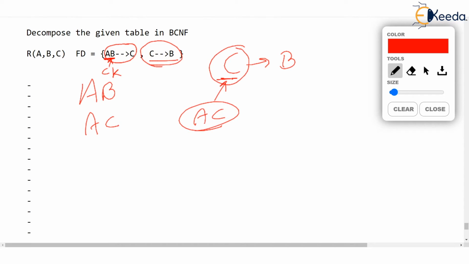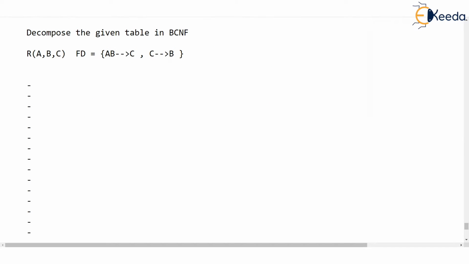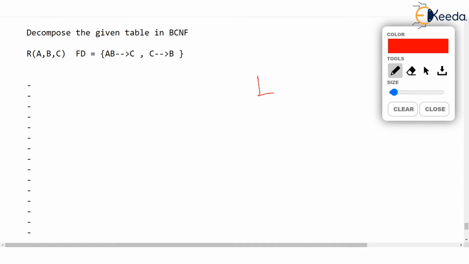No, no, no. Part of the candidate key must determine a non-prime attribute. Hello everyone, are you listening? But B is a prime attribute. All attributes are prime, isn't it? That means although the left-hand side is a part of the candidate key, this part of the candidate key is determining a prime attribute. This is not partial dependency. So all the dependencies are non-partial. Then this is in 2NF. So it is in 2NF, correct?